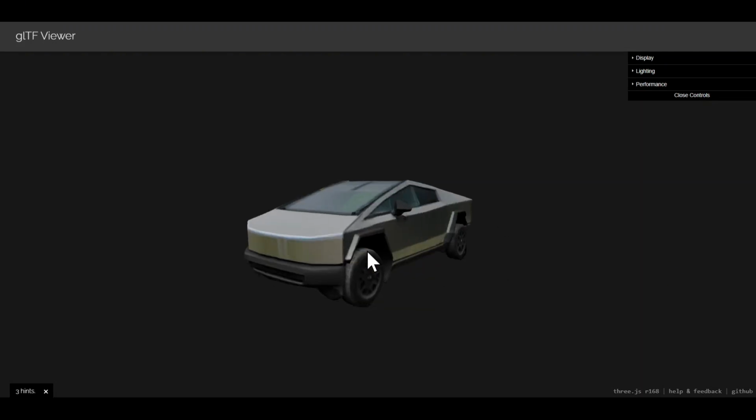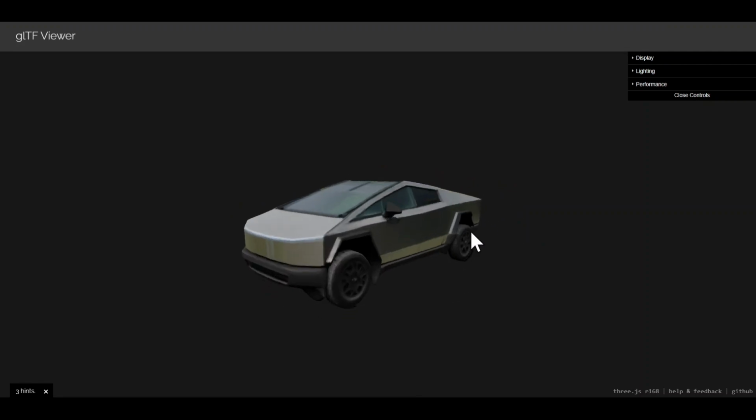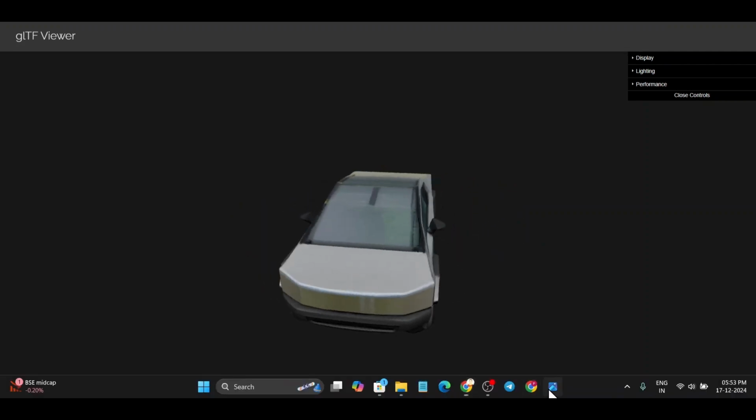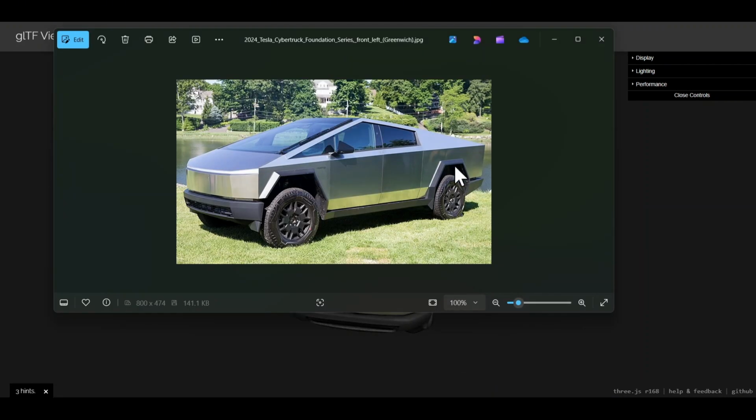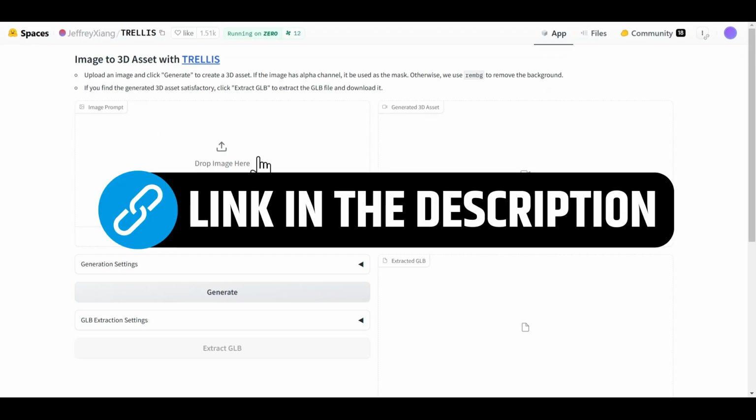In this video, I'll show you how to convert any image into a 3D model. Earlier, I had this image of a Tesla Cybertruck, which I converted into a 3D model. For this purpose, we'll be using an AI tool called TRELLIS, which is hosted on Hugging Face. To get started, click on the first link in the description, and it will redirect you to the official TRELLIS